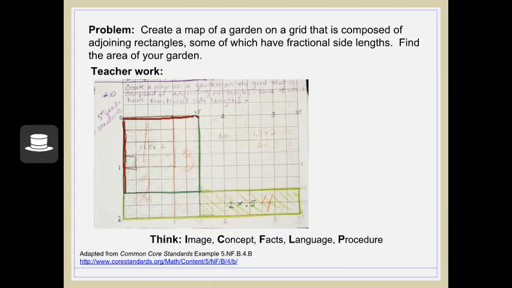Actually, it's a square as part of their garden. And then another part is 1/2 unit here by 1.5. It's another part. And the third rectangle is 2 units this way and 1/2 unit this way. It's not entirely clear what the teacher intended in terms of breaking these up, but that's one way to look at it. Once they've drawn the garden, which is clearly a little bit more sophisticated than the one we did,